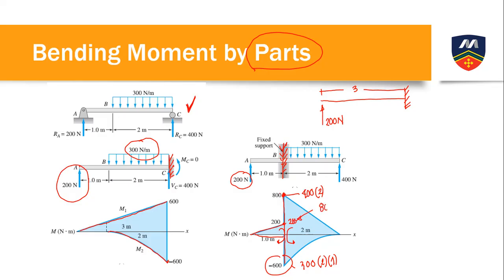That is 800 minus 600 is equal to what? 200, Newton meter. Then 200 Newton padulong dito. Okay? That's how to do the drawing by parts. Again, how do we do it by parts? It is just